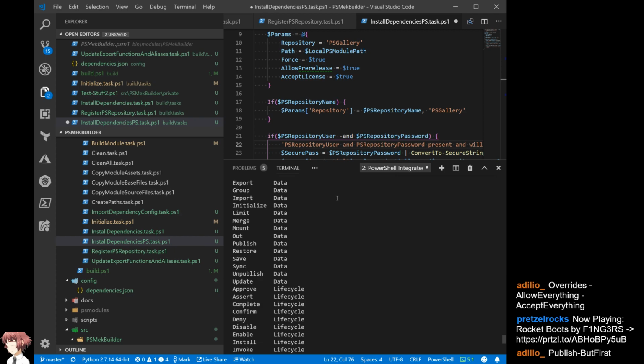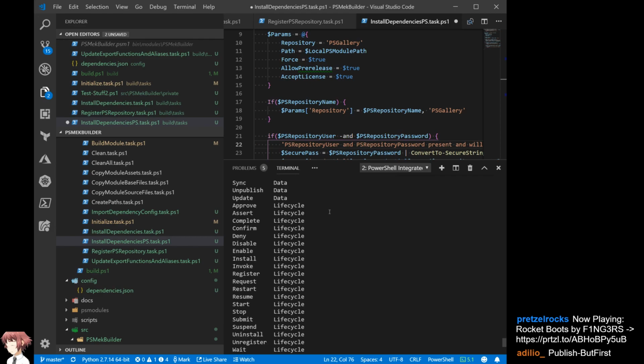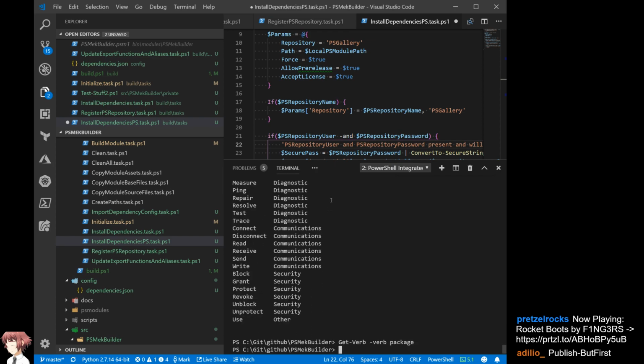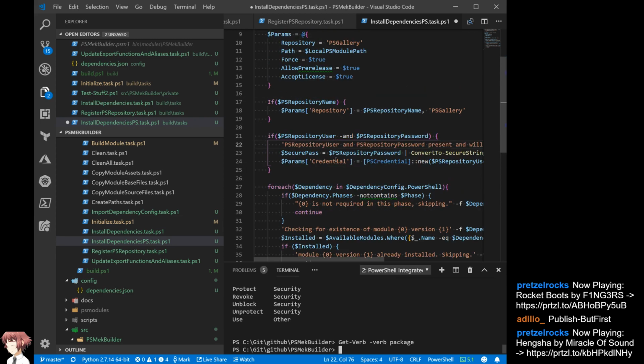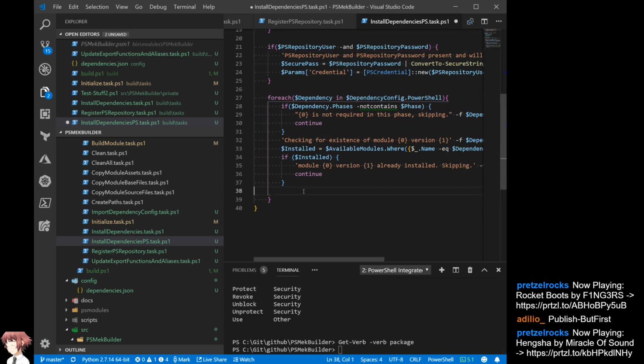So no, you can't. Publish, restore, mount, merge. I guess there isn't one for package. Package seems like a good one that we should have. Package and unpackage. Yeah, anyways. Publish, but first. Oh, I could go on all day about how much I disapprove of so many things in here. So, all right, so